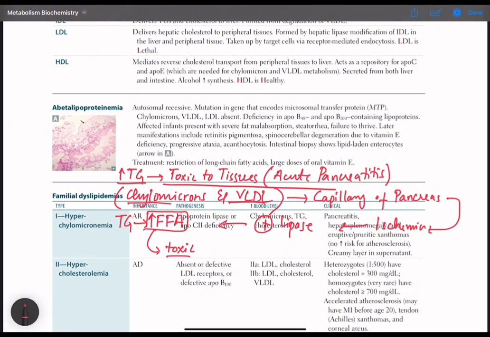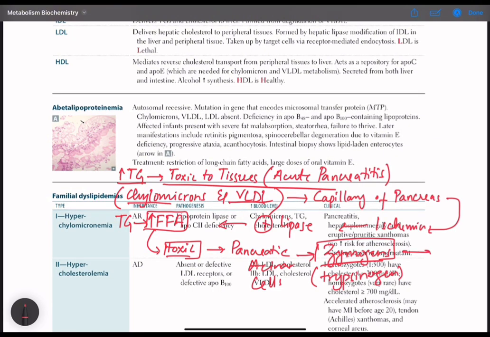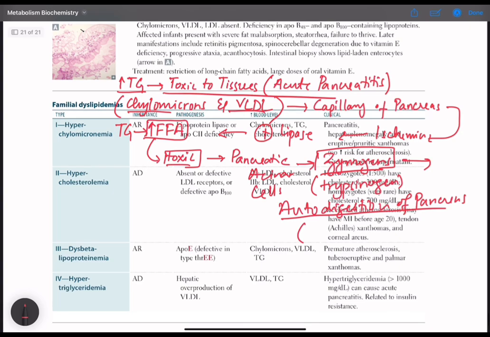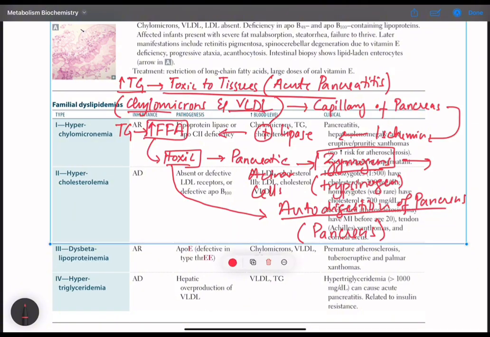It not only damages the pancreatic acinar cells, but also activates the zymogens, or the precursor enzymes present in the pancreas or the pancreatic juice, like trypsinogen. So as a result, there is autodigestion of the pancreas, leading to widespread inflammation in the pancreas. So this was the mechanism. The free fatty acid also causes the pancreatitis. So the high levels of triglycerides lead to acute pancreatitis, while higher levels of cholesterol,